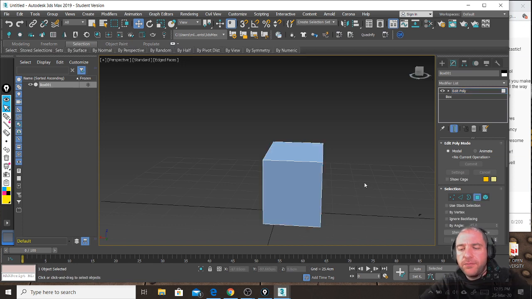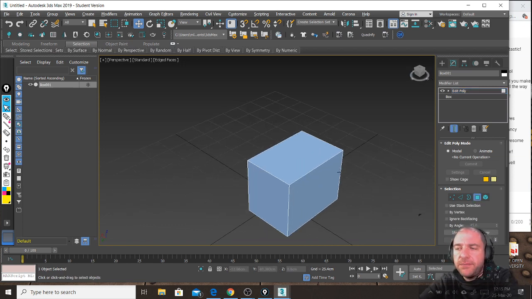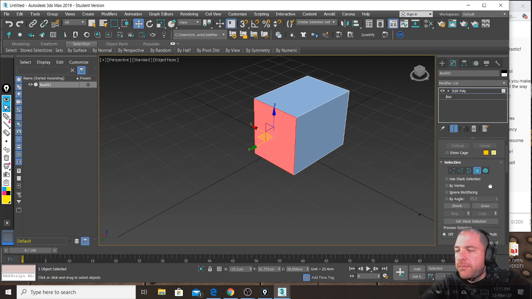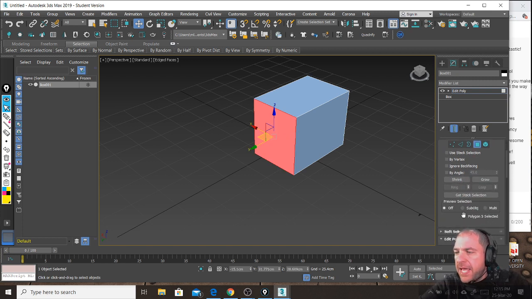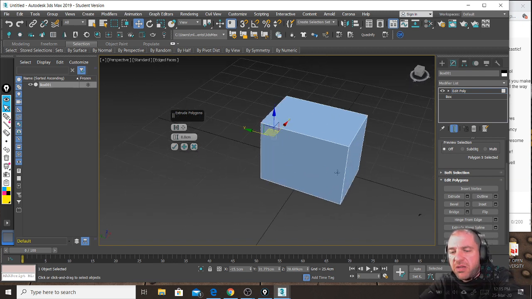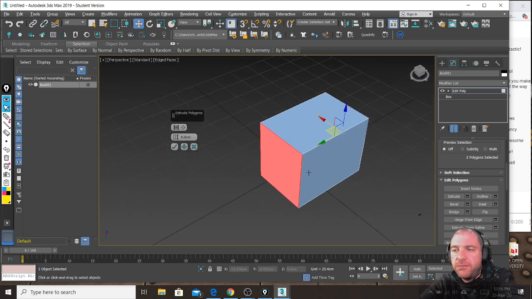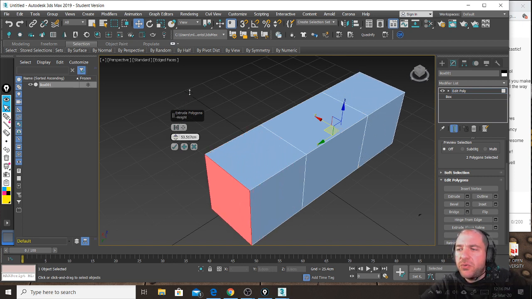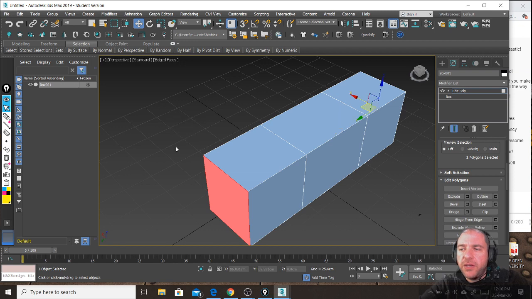But look, I make a box, I apply edit poly, and then I start by extruding few polygons. So I extrude these polygons,